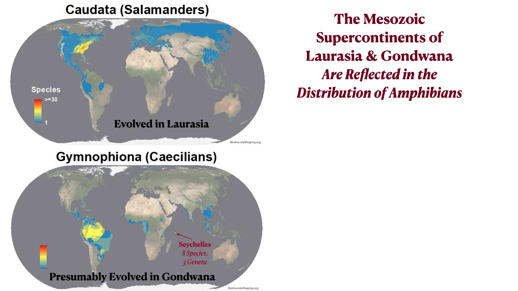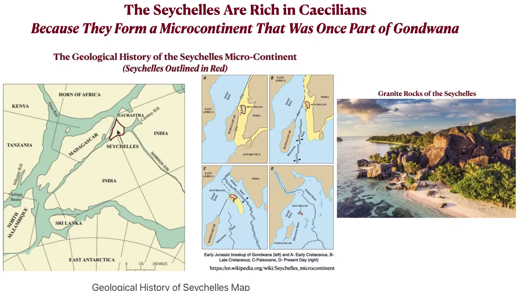What happened was the Seychelles is a microcontinent. One thing you could tell is that the Seychelles are not normal oceanic islands just by the rock, with these large granite rocks. That's continental crust. And it's certainly not going to be found in oceanic islands. And as these maps show, the Seychelles are a little microcontinent that were part of this block of continental crust, included India and Madagascar, got separated by faulting and ended up as this separate little microcontinent in the Indian Ocean